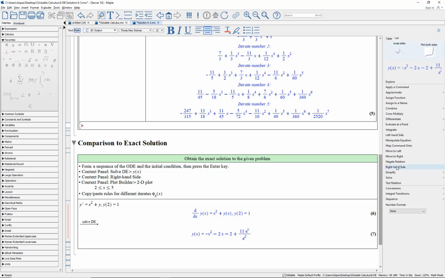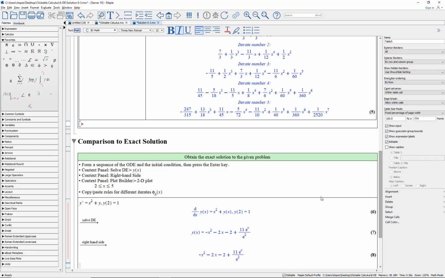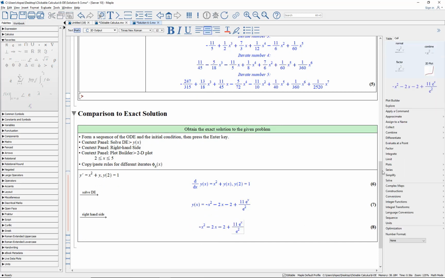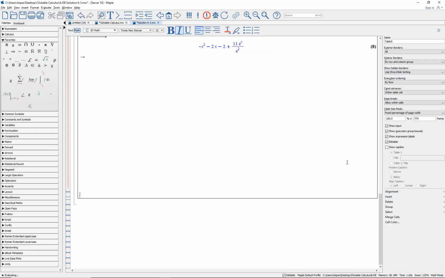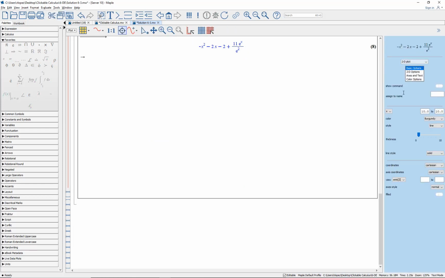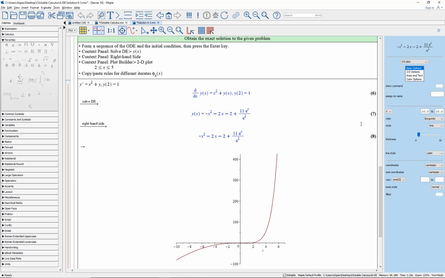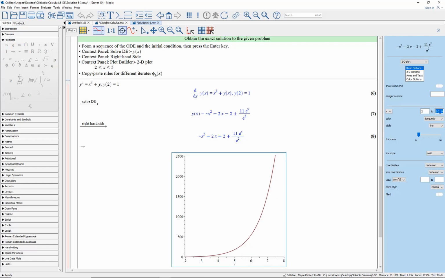In order to draw a graph, you want to pick off that right-hand side. So let's just grab right-hand side. Now it's a question of drawing this graph. So I'll make use of the plot builder to do that. So plots, plot builder, 2D graph. The advantage here is that I can more easily control the domain. And I want to go from 2 to 5. So the default is minus 10 to 10. And I want to go 2 to 5. Okay, so there is a portion starting at 2, going ahead a bit,